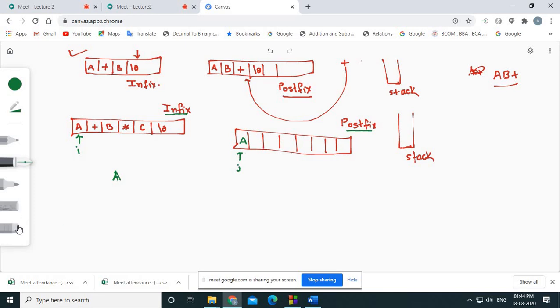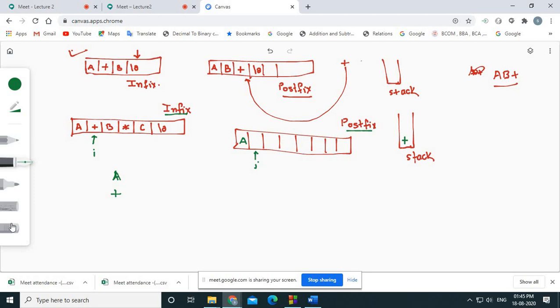So both variable I and J will be plus plus. So now my I will be here and my J will be here. Okay, fine. Now what will be the another thing? Plus sign. So now what we have is plus sign. Plus is an operand or operator? It is operator. Where operator has to go? Operator has to go into the stack. So I need to push plus into the stack. Are you getting my point?